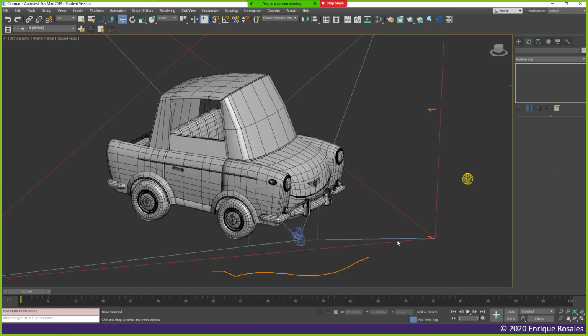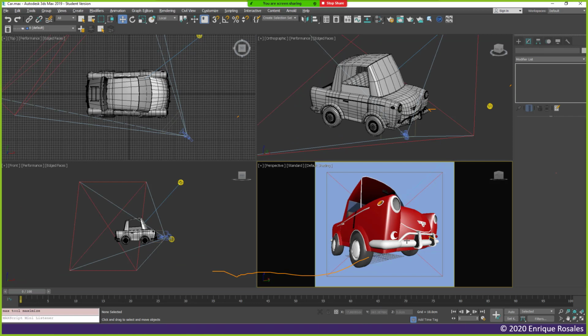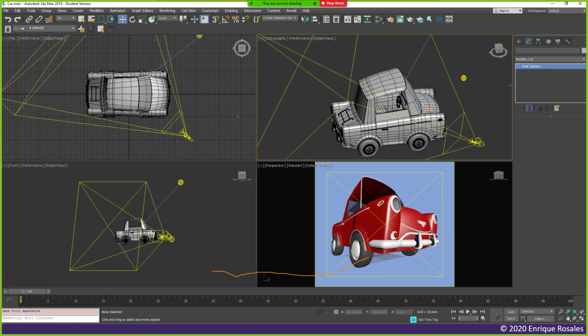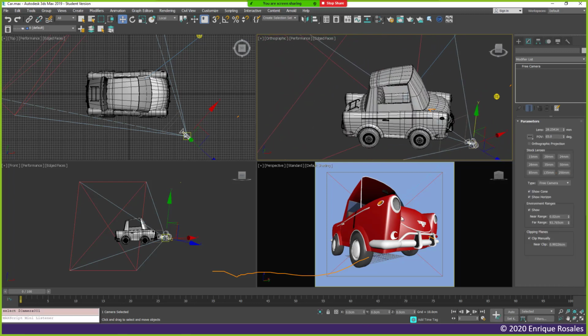I have different views. I have another view here in which I am seeing the actual final render as it's seen from this camera, right? Already with lights and materials. And again, this is rendered in OpenGL. Okay,